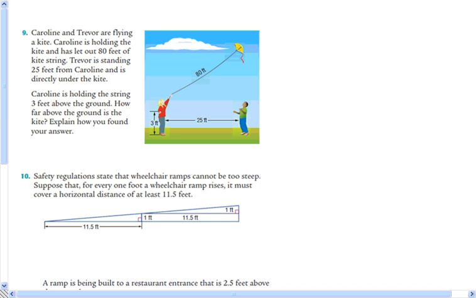Okay, so if you look at this deal here, if Trevor is directly above that, then we have a right angle right there. And what we want to know is how far above the ground it is. Now we have 3 feet here, but this distance right here from Caroline up to the kite in a vertical direction, we'll just call that h for height. Okay. Then we can use the Pythagorean theorem here because we have this 80-foot length there, and we have a 25-foot length here. And so our two legs,